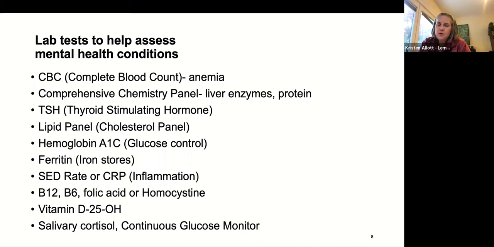And then if you have an integrative medical practitioner or a really savvy doctor in some way, getting a salivary cortisol or a continuous glucose monitor can be really helpful. And so I just put those in there, and that's certainly a reach for most primary care physicians, but it's worth asking. Never hurts to ask if you have somebody who's pretty cool. So that's my quick summary.